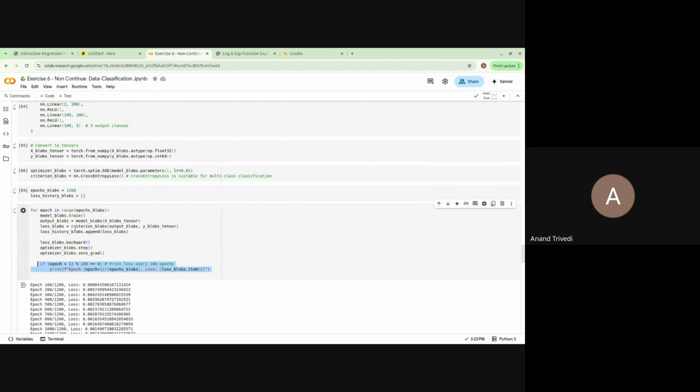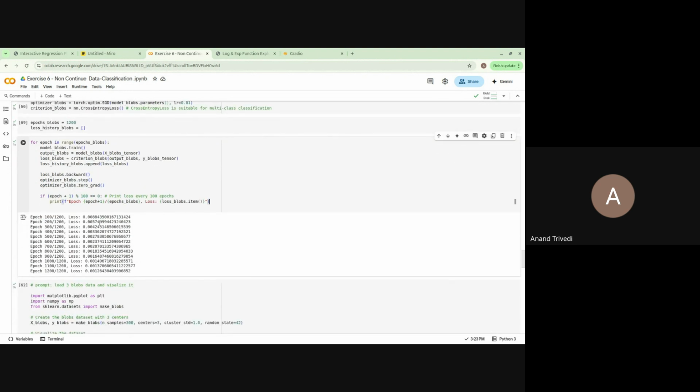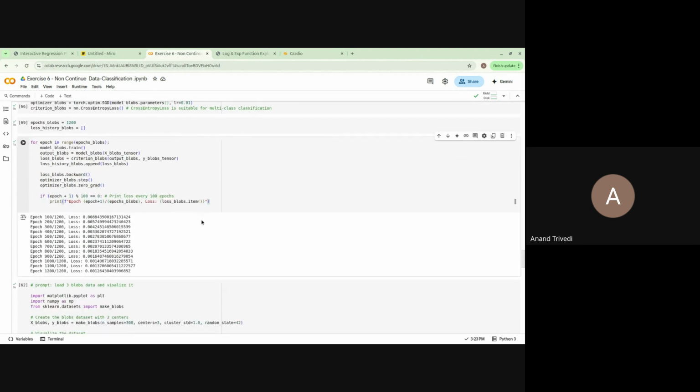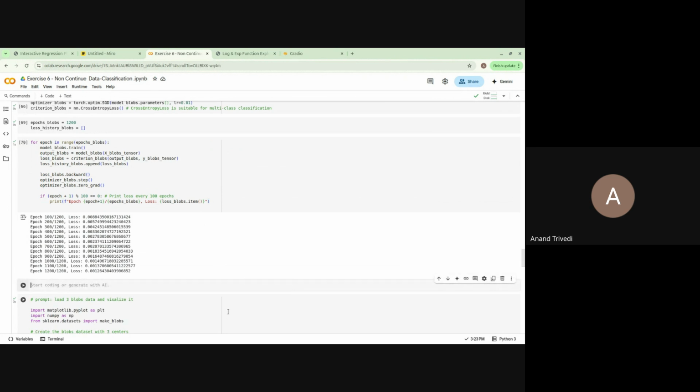So this is nothing, basically. Actually, it is printing every 100 steps. It is trying to print every 100 steps what my loss is. So it has printed with 1200 epochs. And once I go to generating my model, so this is my model, and I can go ahead and generate,